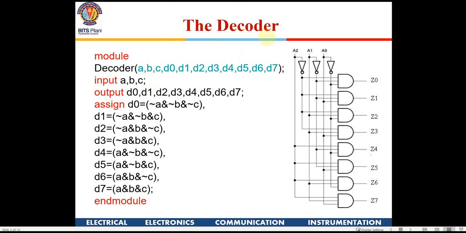Here we are going to design a decoder. This is not using a conditional statement, but I'm just introducing a decoder and how it is going to be implemented in Verilog. We studied in the theory classes how a decoder looks. You have three inputs, A0, A1 and A2. Depending on the input combinations, one of the lines will go high, so it is an active high decoder.